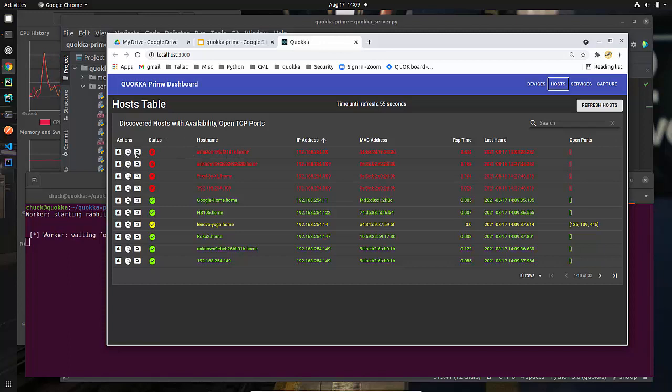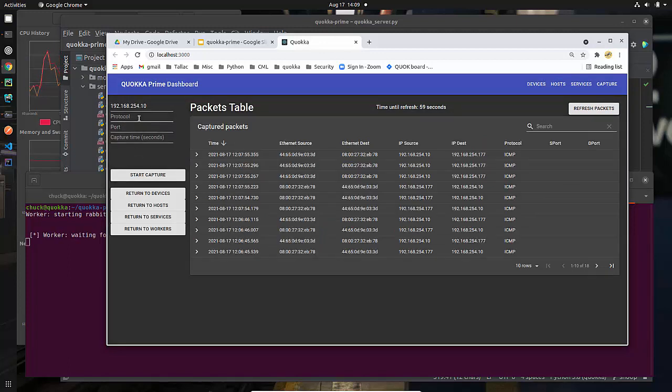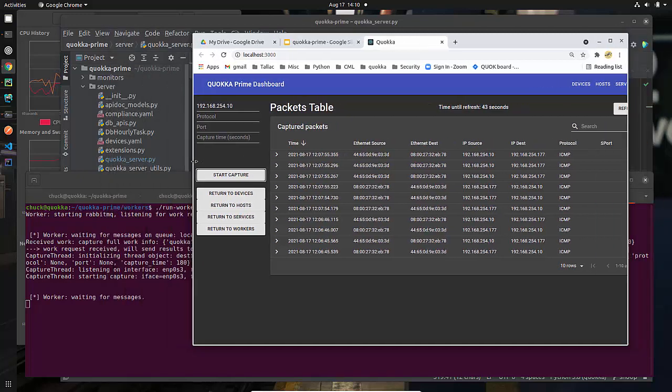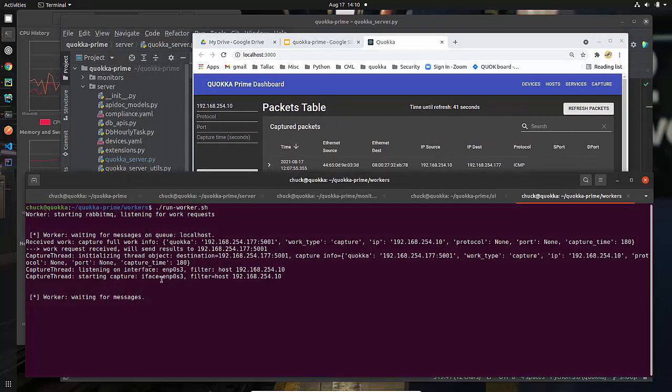It's just not responding to requests. So what I'm going to do is capture packets, and here is my 192.168.254.10. You can see that I did this. What's my time? 12:07. If you look up here, it's 14:07. I'm going to say start capture, and when I do that, you can see down here that it received my